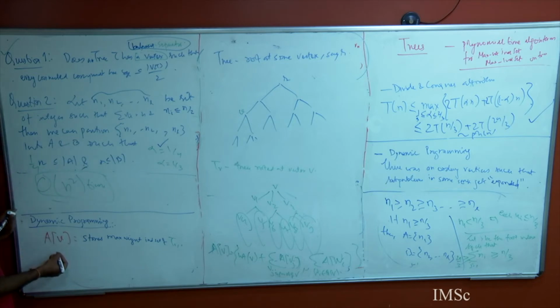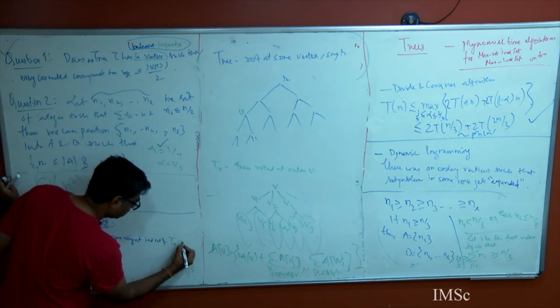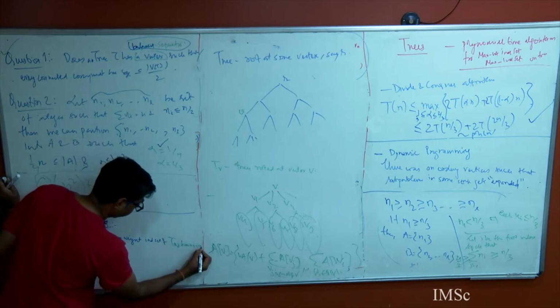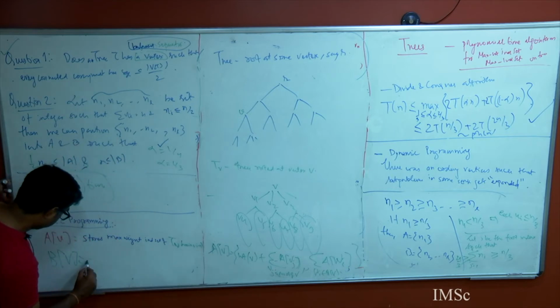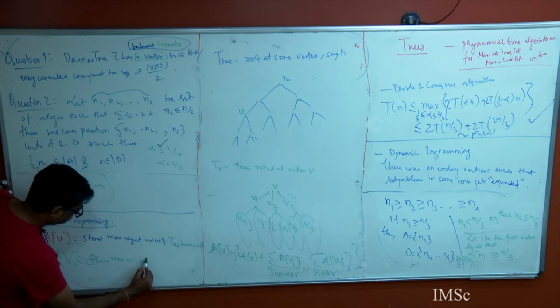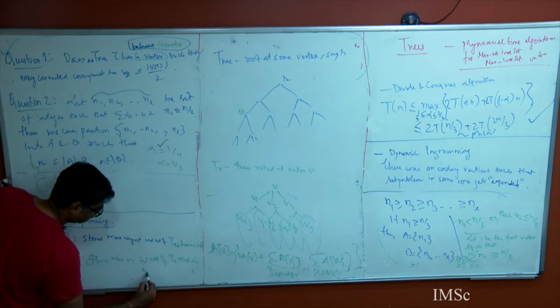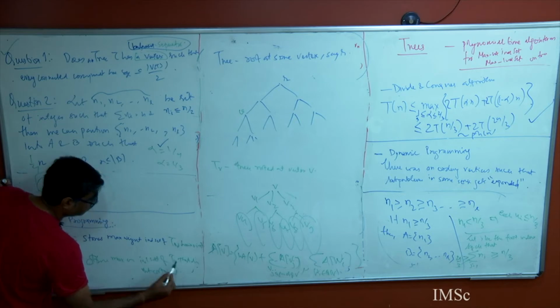Why are you changing here? You get my point? Given this vertex, let AV store something. What is that? I will give you another one, BV. Let him store something. I do not want to change the vertex because it is about this particular vertex. So what do you want to store here? AV stores the maximum weight independent set of TV having V in it. And BV stores the max weight independent set of TV that doesn't contain V. Am I right? This is what you said. Okay, so now give me the recurrence.